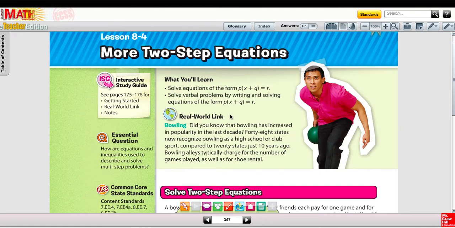For lesson 8.4, you'll be solving more two-step equations and actually three-step equations. Remember, the key here is to show those steps because we will get into multi-step equations and it's going to be a lot easier if you're in the habit of showing work. So we're going to be solving the equations in the form of p times the quantity x plus q equals r, and p times the quantity x plus q equals r, but we'll be translating verbal problems into equations and then solving them. So these would actually be something I call three-step equations, even though the title of this